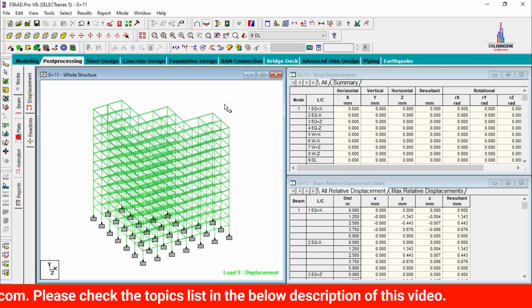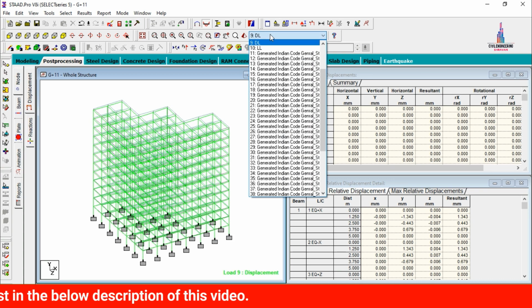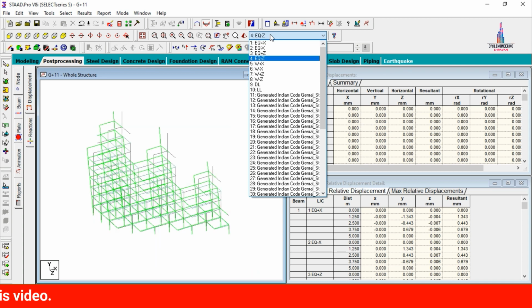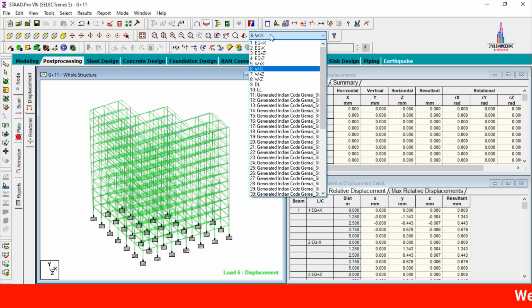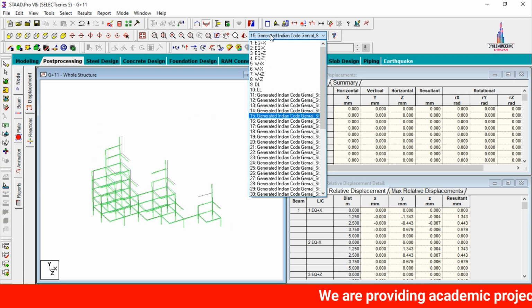So you can select the deflection diagram here like this, depends upon your loading condition system. So the building will be deflecting in the downward direction here like this, depends upon your considered load case. So this is the deflection diagram due to presence of earthquake load, earthquake Y, Z condition system, and minus X, minus Z, minus Y, minus Z. Okay, this is a dead load, this is the live load, and this is the combination deflection diagram.